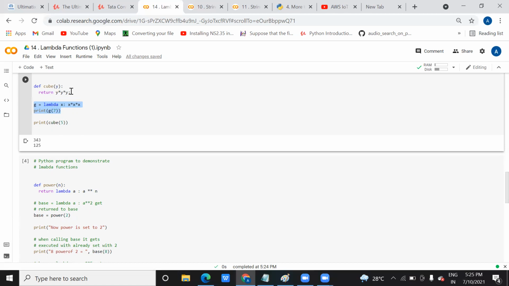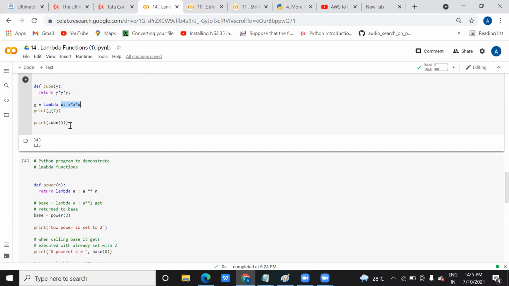As at the start Tejas said that it reduced the length of code, it was correct. It reduces your length of code and the effort of the compiler. Compiler will directly get the expression here and print it. The compiler doesn't need to take the flow to the cube function, then read the y and print it.